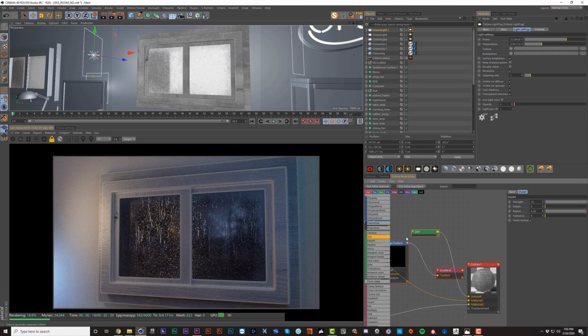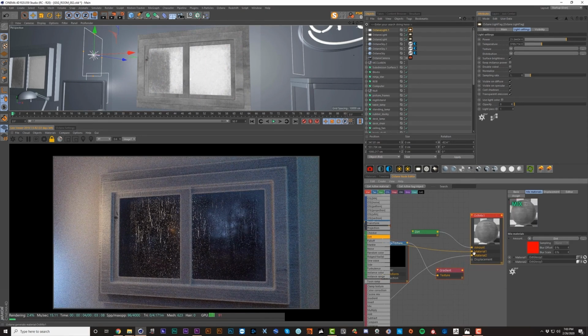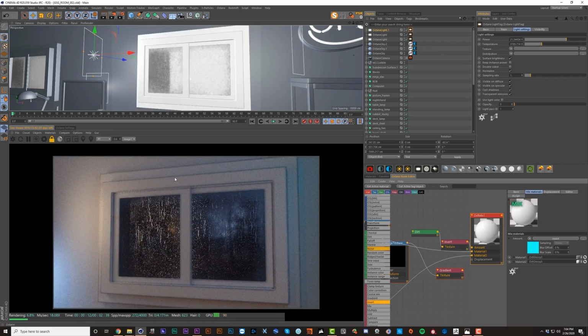Now we want the opposite of this, and inverting the normal doesn't do it because that just swaps between the crevices here and the edges. One way to do it would be flipping around these 2 nodes for these materials, but an easier way would just be grabbing an invert node and popping it right here. Cool, so now we've got our wood material on the edges and our white paint on the center here,